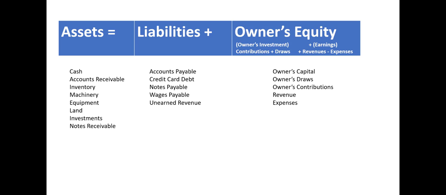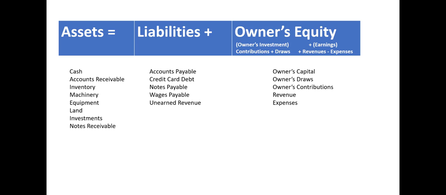You'll hear terms like retained earnings, capital, stockholders' equity, or just equity. They all sort of mean the same thing, but different names are used depending on how the company is structured, which means is it a corporation, partnership, sole proprietorship, etc. That's outside the scope of this video, but we'll get into more detail on that later. So for purposes of this video, we're just going to refer to it as owner's equity.